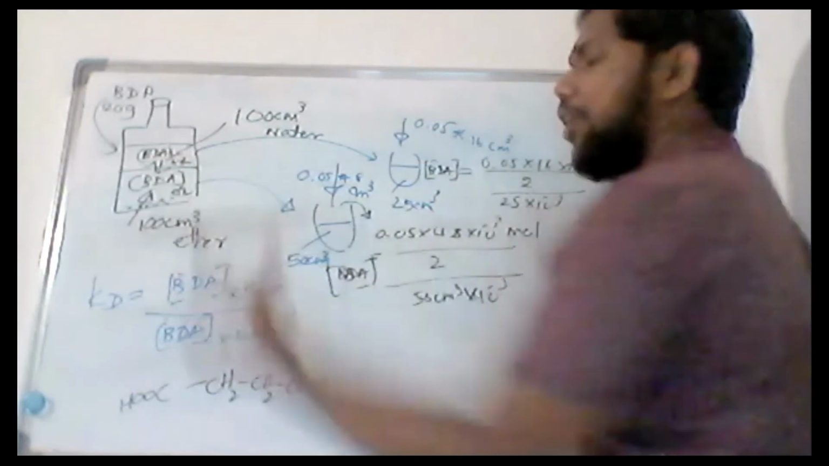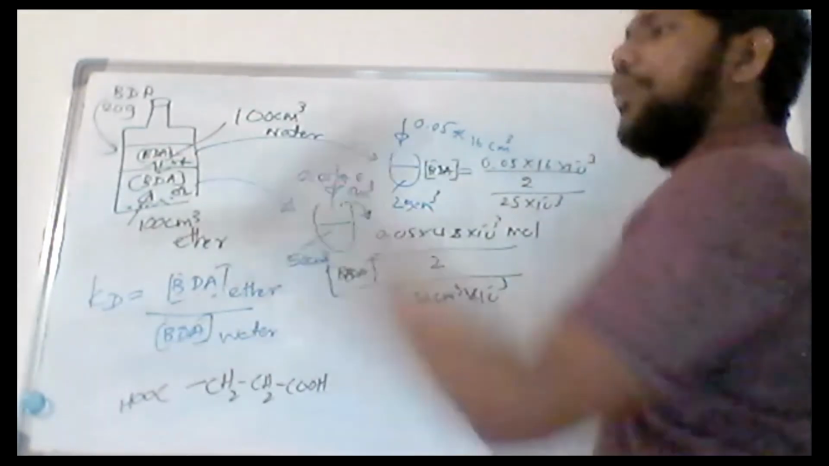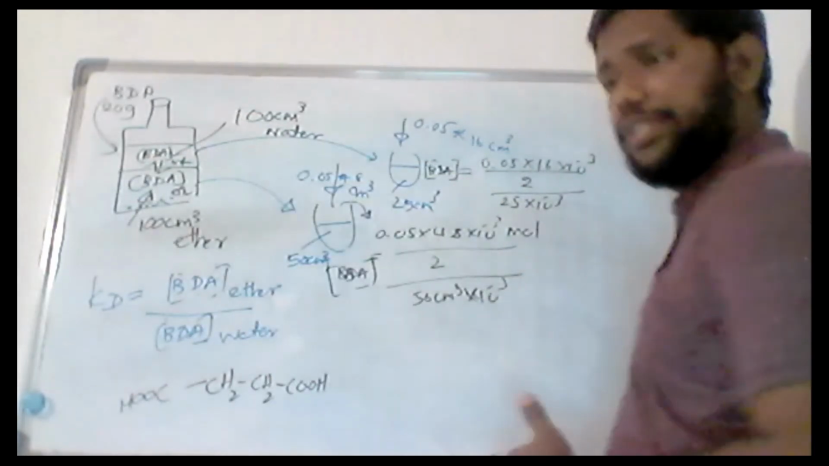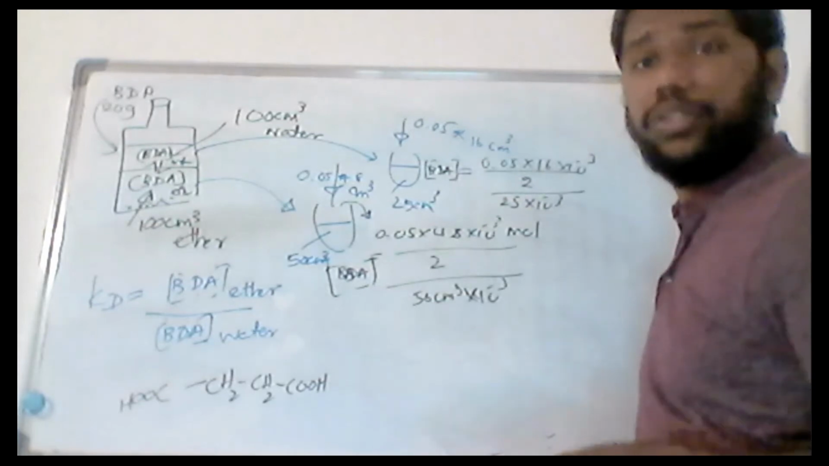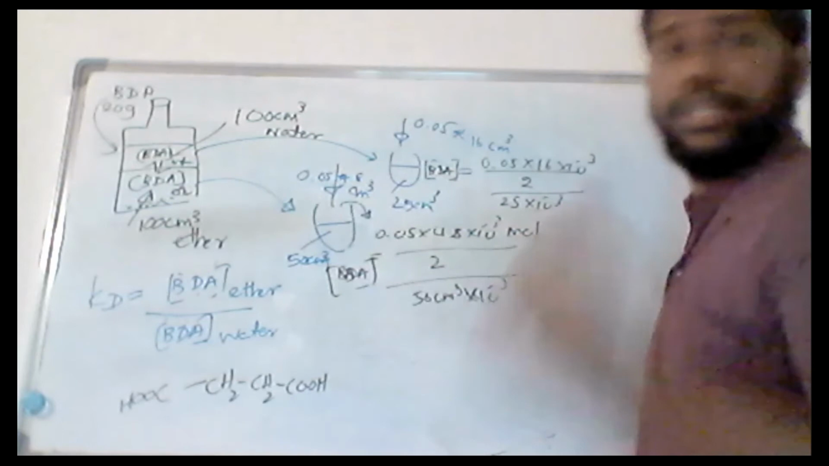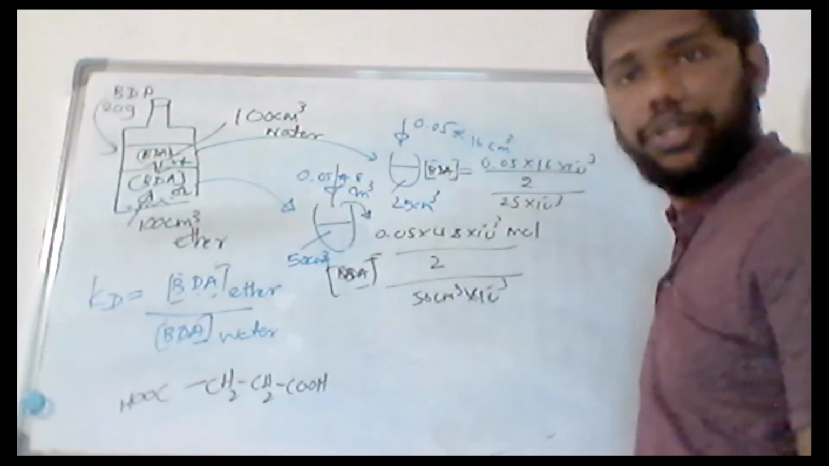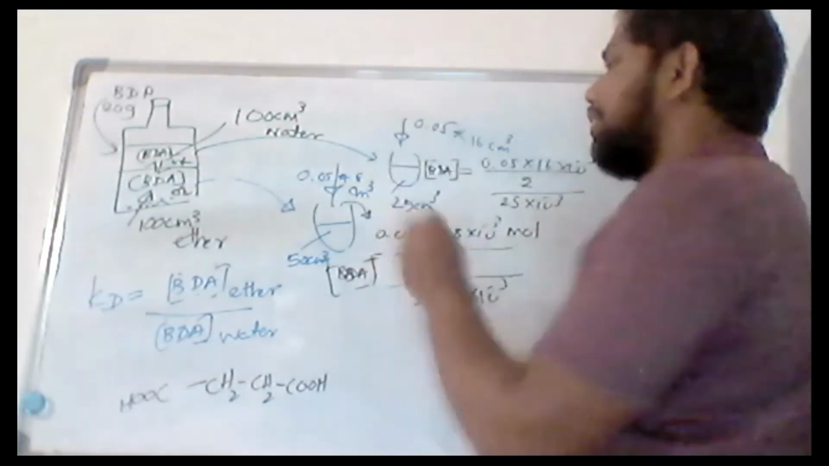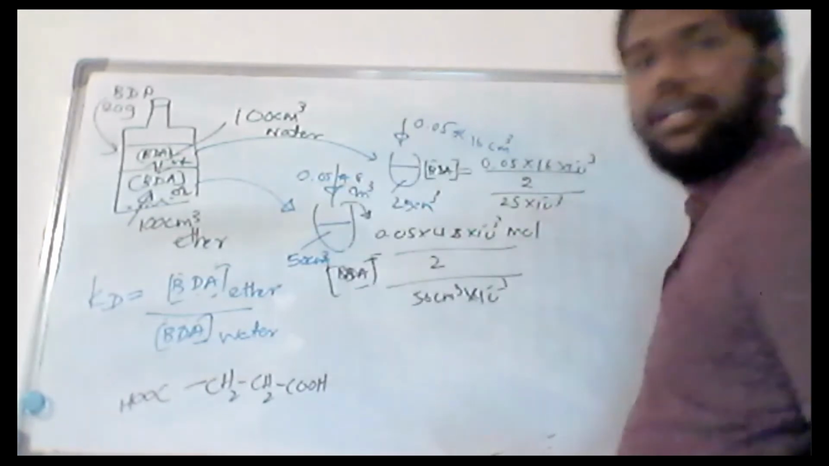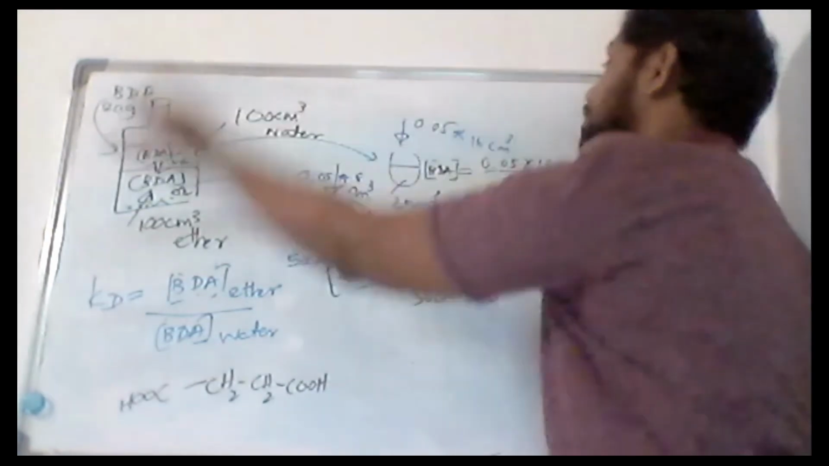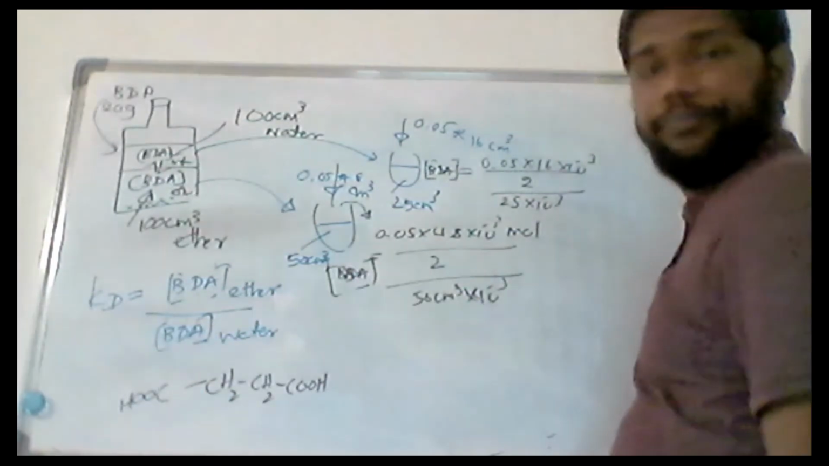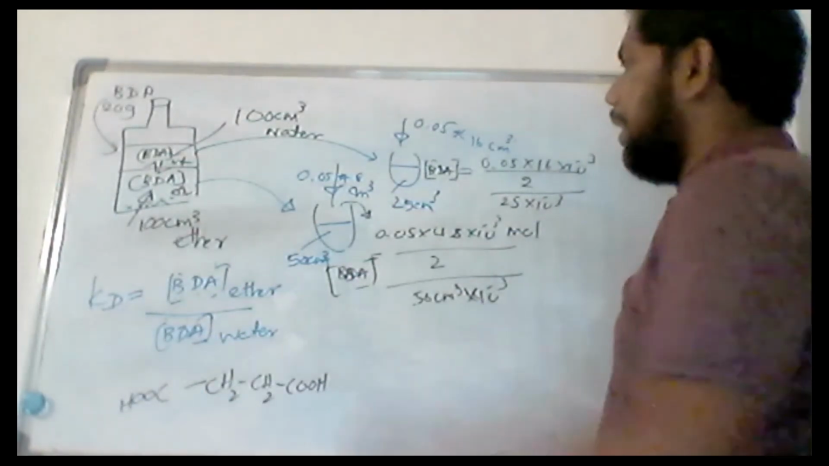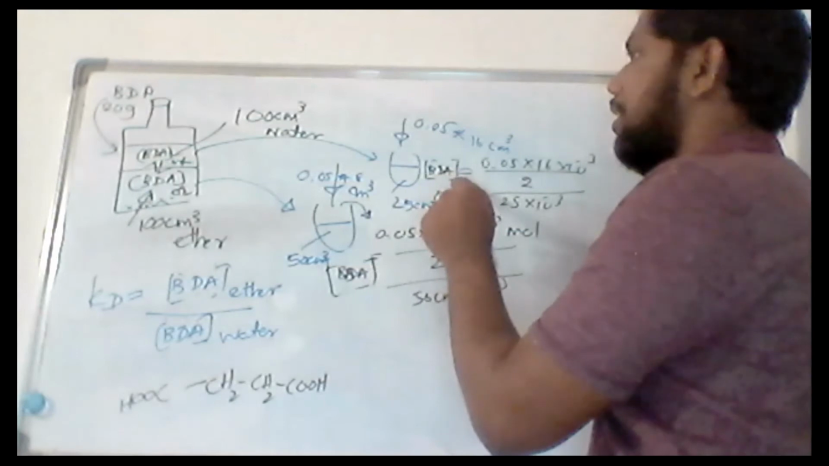So you have 100 cubic centimeter solution. You take the 50 cubic centimeters, the number of moles is going to change, but the concentration is not changed. Same solution, you take it, the concentration is not going to change. So I'm going to find the concentration using these two directly. I don't have to find the number of moles again and divide it by 100. I can just divide it by 50. Then I have BDA concentration in water